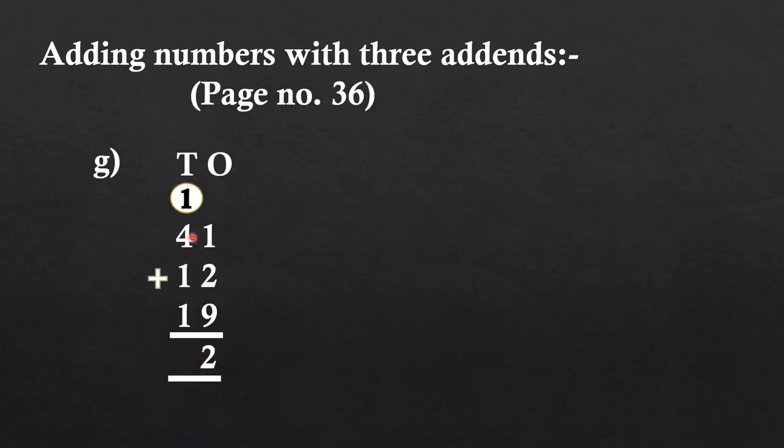Now keep 4 in your mind, 1 on your finger. So after 4 add 1, that is 5. Now keep 5 in your mind, 1 on your finger. So after 5 you have to speak one number, that is 6. Now we have to add carry digit. So 6 plus 1 is equal to 7. So we will write 7 here. So our answer is 72.